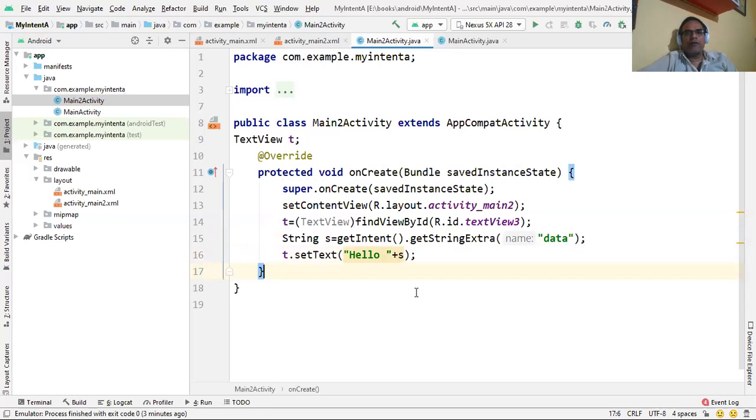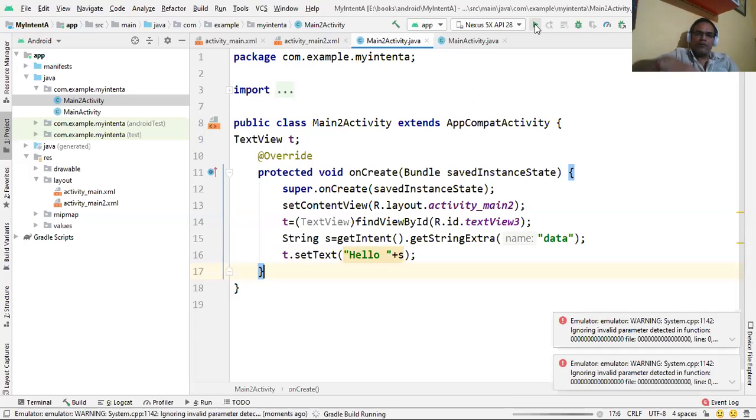So this is the complete code for the second activity, and now we save this program, and again we execute this program. So now you can see you move from one activity into the other activity as well. You can also see the message on the second activity which you entered in the first activity.